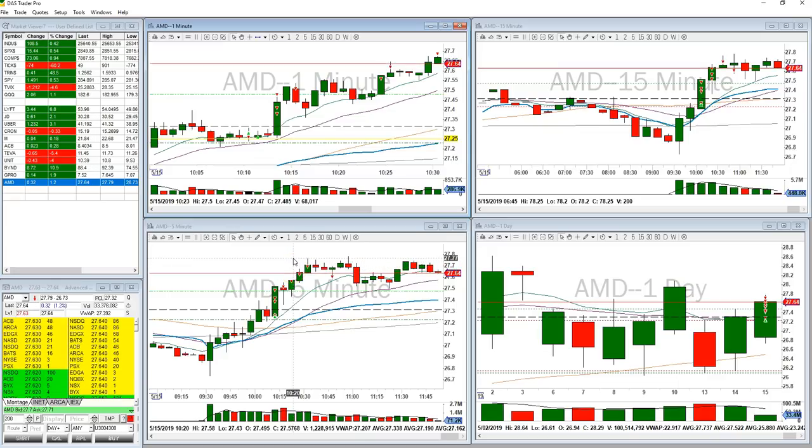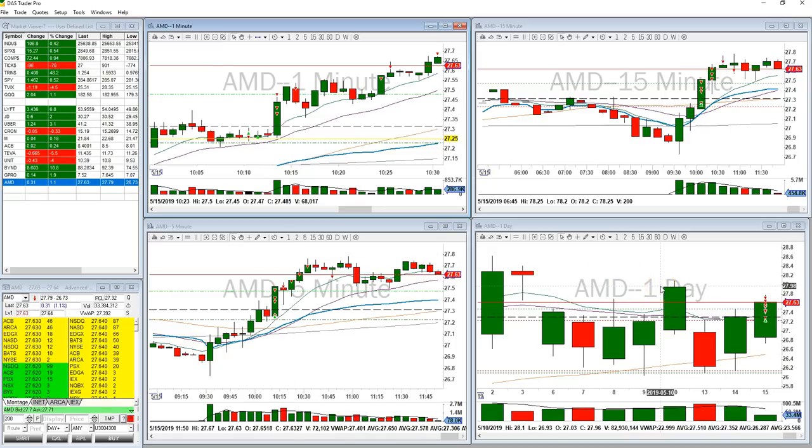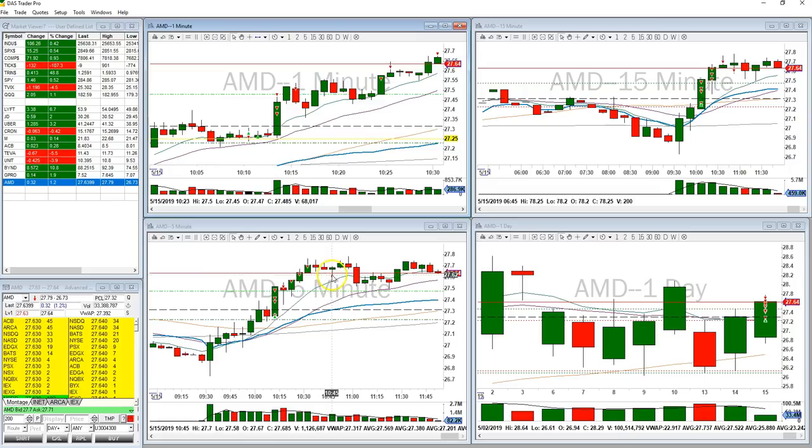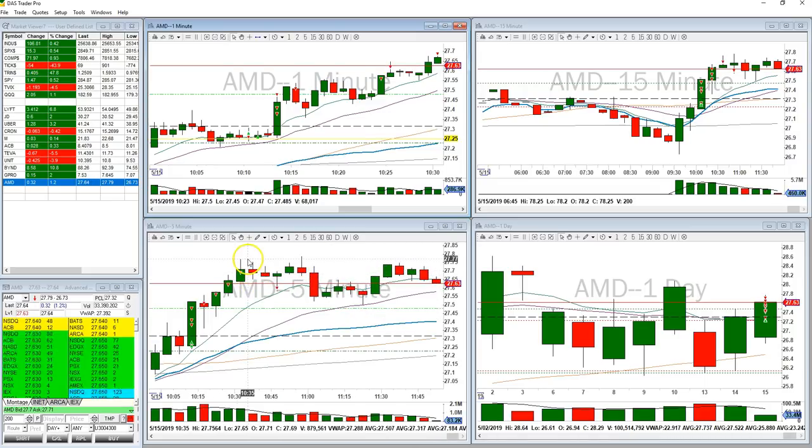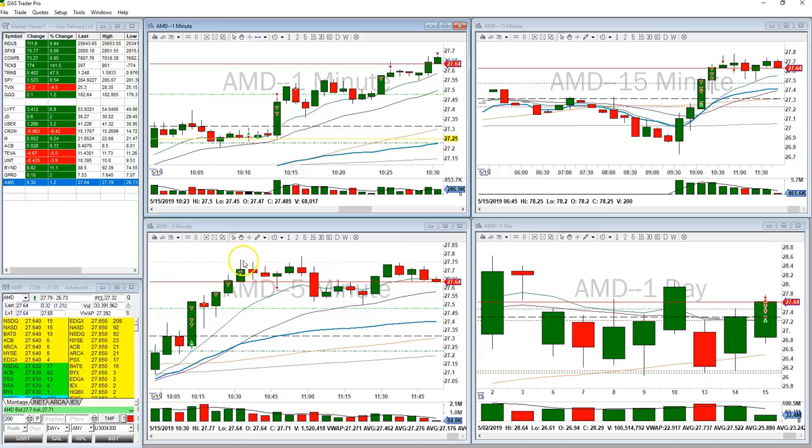I was hoping to kind of break out of this range and get a little bit more out of it, maybe get a run all the way back up to $28, maybe even $1 more. But it came against me, reversed a little bit more than I wanted to, and I went ahead and stopped out here. Especially on the 5 minute, we had a little spinning top here as it pushed down, came back up. Now this is